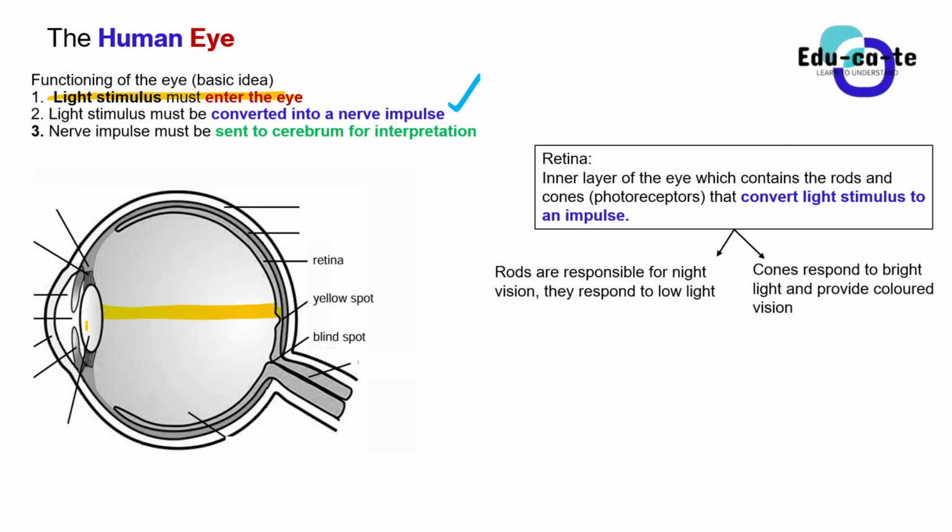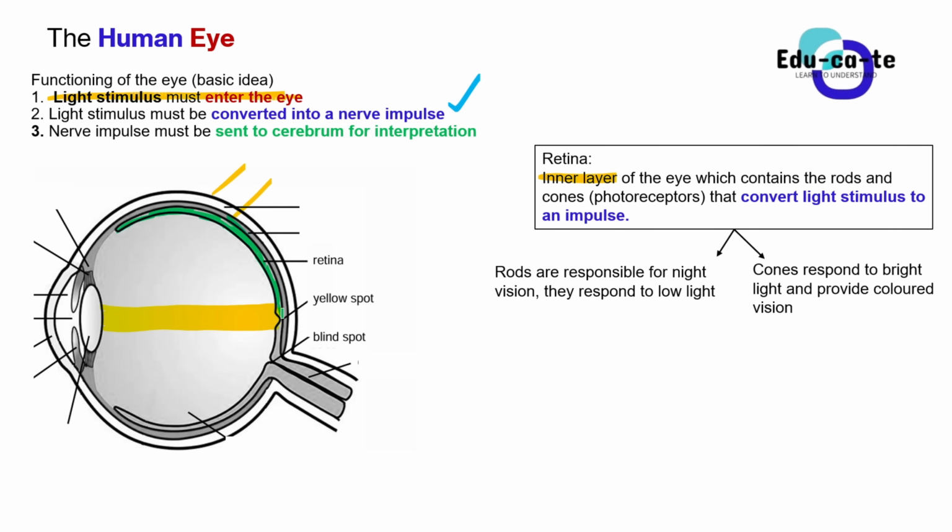Now that light has to be converted into an impulse. That's when we look at the third layer, which is the innermost layer of the eye, the retina. Remember, I mentioned the functions of the retina earlier on, and I told you that this will be discussed later. The later is now. So the retina is the innermost layer of the eye. Remember, we've already said that the sclera is the outside, the choroid is the one in the middle, and then the retina is the innermost layer of the eye. We are talking about this small one here. So this is the retina.